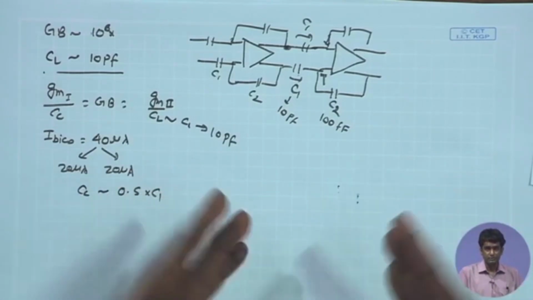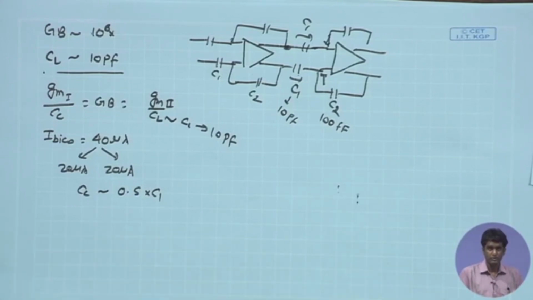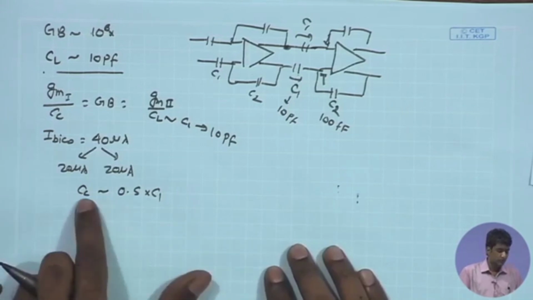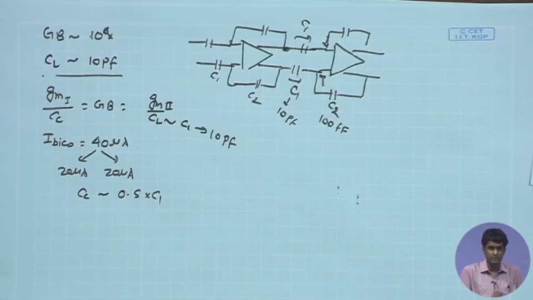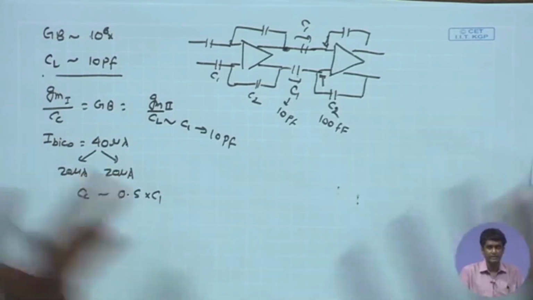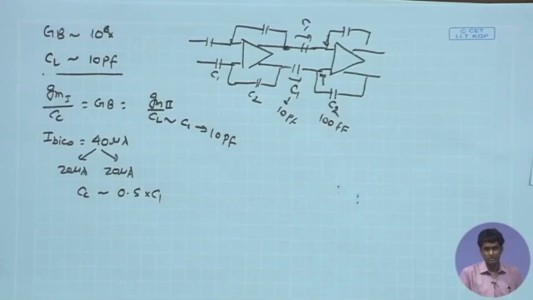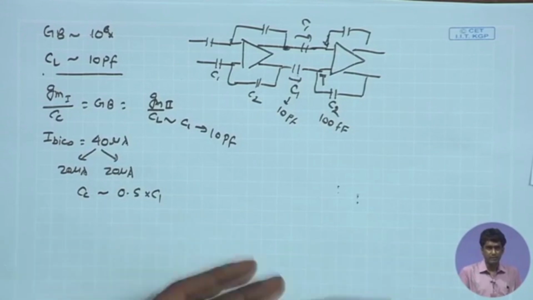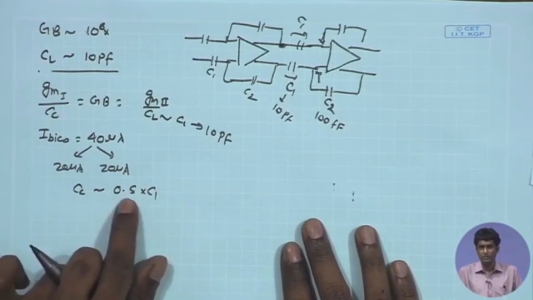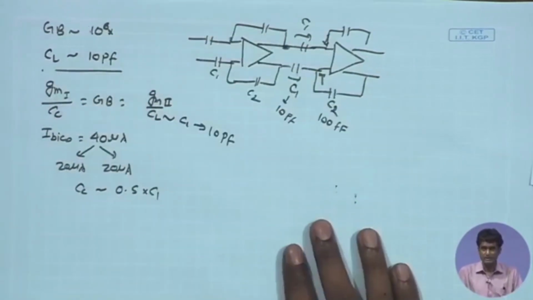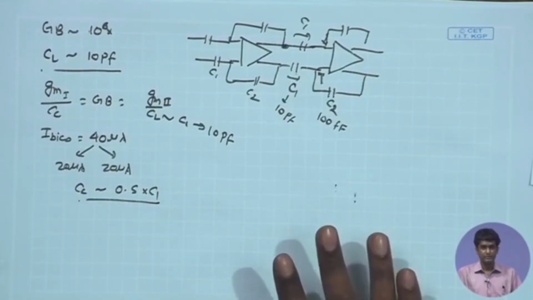So, if the area is very critical and every micrometer square is going to count in your design, in those cases you would like to be more aggressive over here. I would like to be more 0.1 times C1 or 0.2 times C1, because I worry about every micrometer square. I have to pack so many channels, maybe several tens of such channels to acquire multi-channel potential data. So, in that case I will be really conservative about area, and there I would like to be more aggressive. I will choose a smaller number over here, so that the overall area can be as minimum as possible. For the time being, let us just keep this CC as 0.5 times C1,